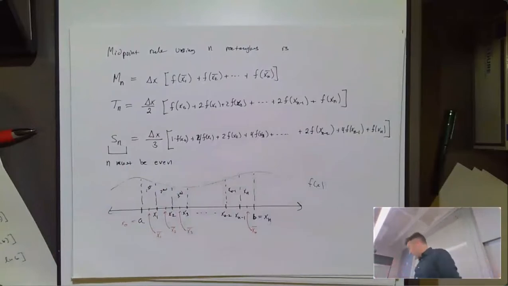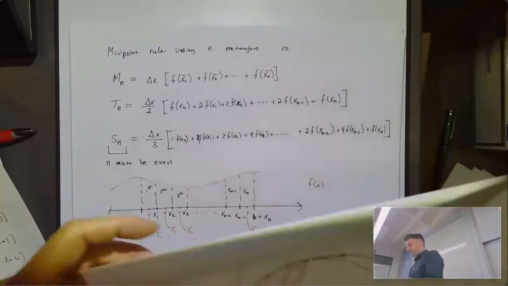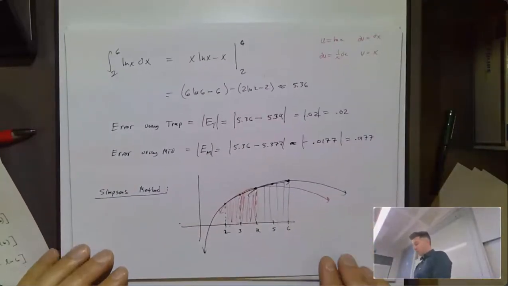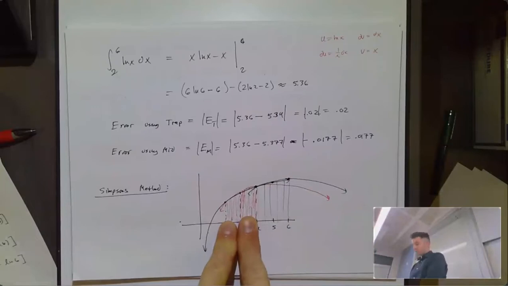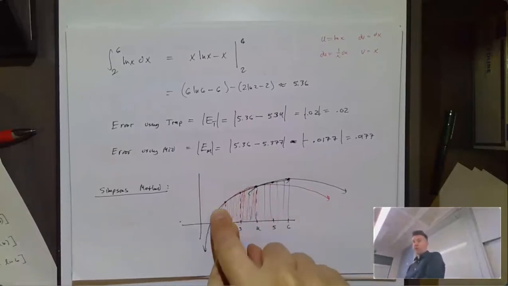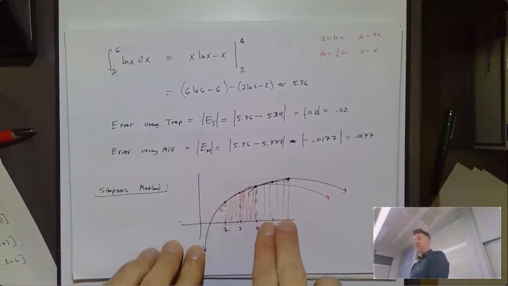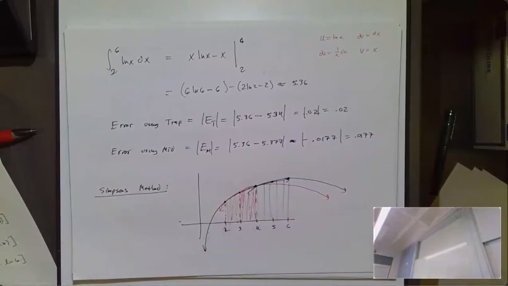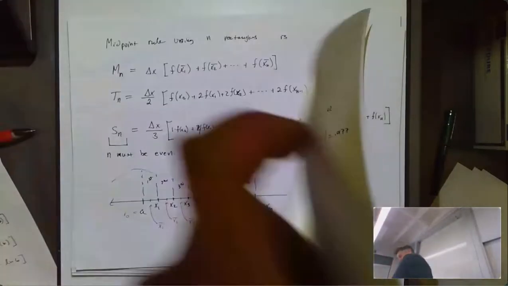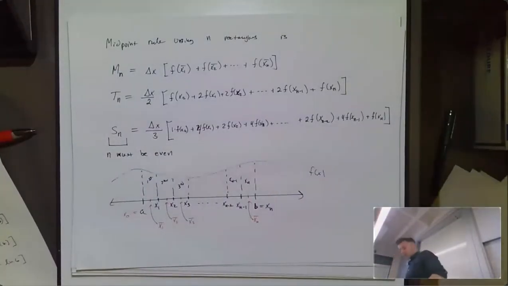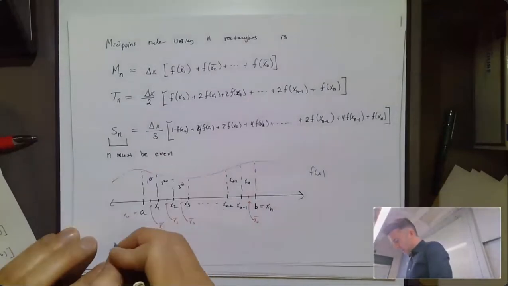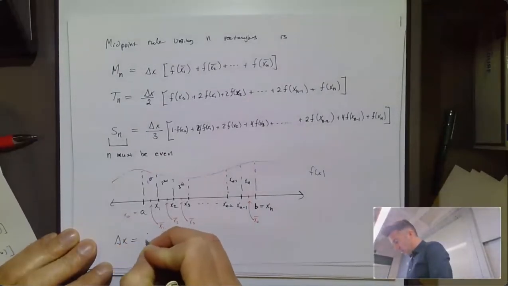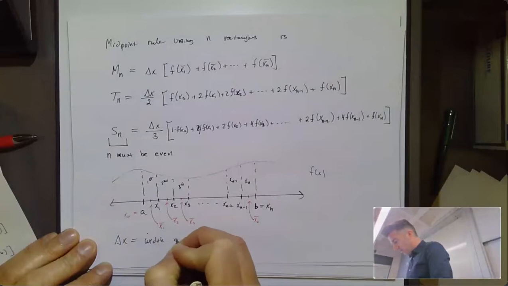Or you can think about it from what we were saying before with the parabolas, right? Whenever you're using Simpson's rule, you're taking 2 whole sections to draw 1 section of a parabola over. So you have to have an even number of sections. So your n has to be even. And just in case I didn't say it before, your delta x is just the width of each subinterval,